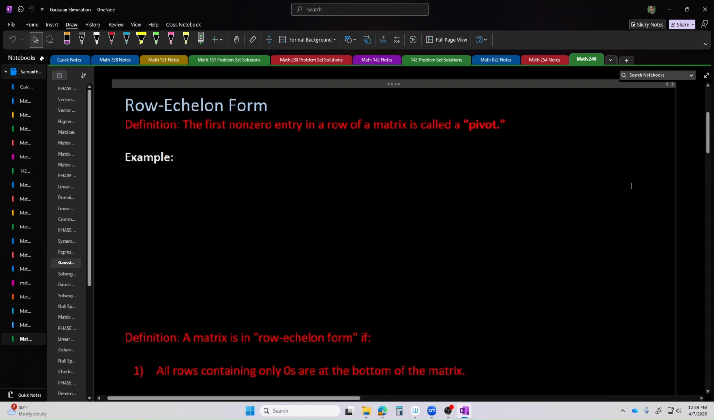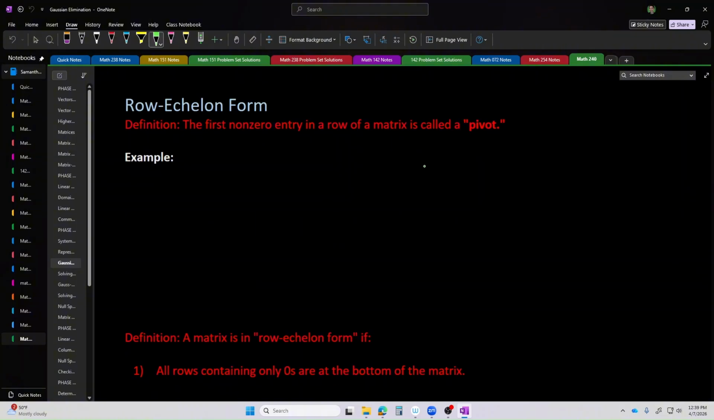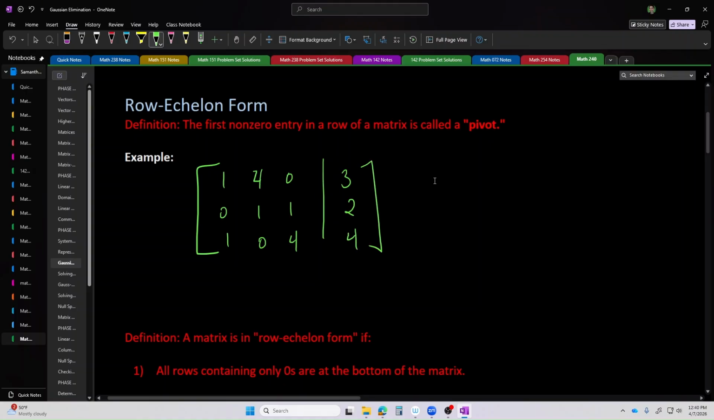So some terminology. The first thing that we need to define so we can speak about Gaussian elimination correctly is what's called a pivot of a matrix. When you're dealing with a matrix, a pivot is just the very first non-zero entry that appears in a row of a matrix. So for example, if I have a matrix that looks like this, 1, 4, 0, augmented with 3, 0, 1, 1 augmented with 2, and 1, 0, 4 augmented with 4, then this matrix would have